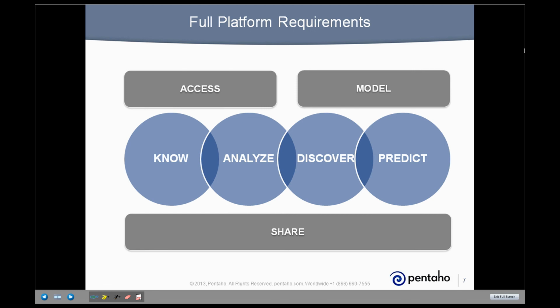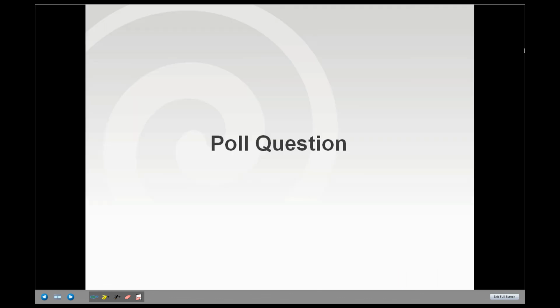And then finally, which is critical, is a platform that allows you to share all those different components, so that people can share their discoveries, their analytics, and their dashboards with others, and ultimately be on the same page in terms of those metrics. All right. I think it's time, before we move into the architectural side of things and look at how that impacts the architecture,